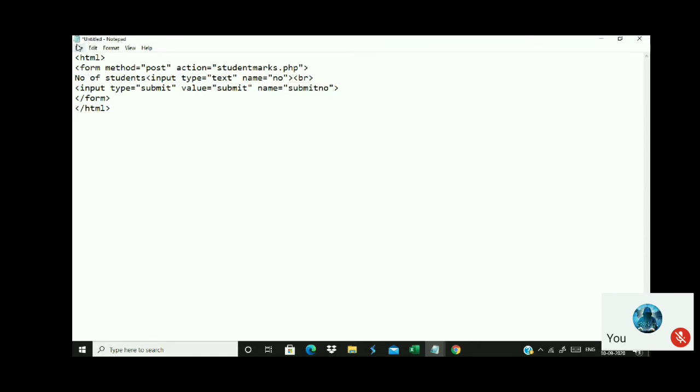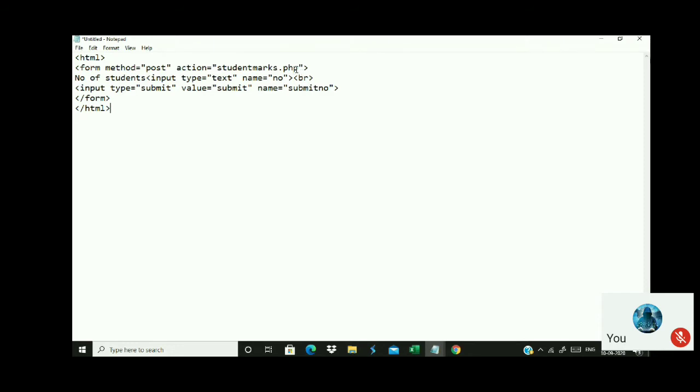Now I will verify whether this is going to work. This is just an HTML page, but I'm going to do PHP also in the same file. This file is going to be dominated by PHP code, and only a very minor part I'm doing with HTML.